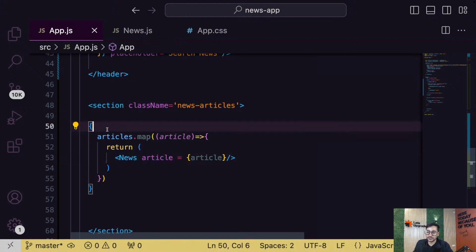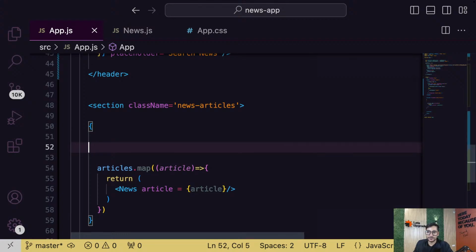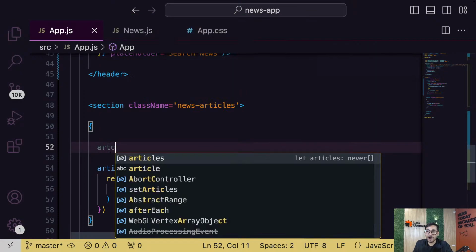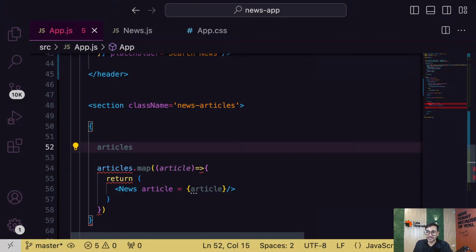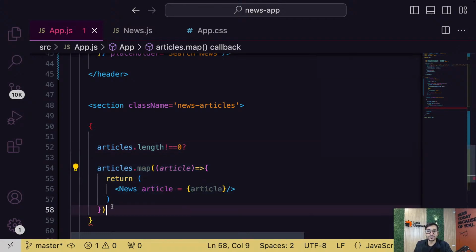Here you'll write the logic. So if articles.length is not equal to 0, that means you have some data, then you'll perform this looping.